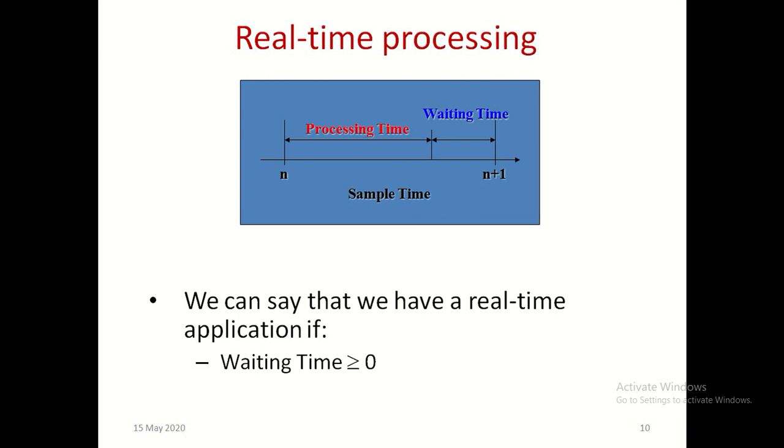In time means, for example, in digital signal processing, we always talk about sampling. If I have taken a sample at n, and my next sample comes at n plus 1, then between n and n plus 1 I am supposed to execute my program and process that variable. So some computation takes place. But if my algorithm is unable to compute that variable before n plus 1, then that is called a non-real-time system. That means if I miss a sample, anything can happen.